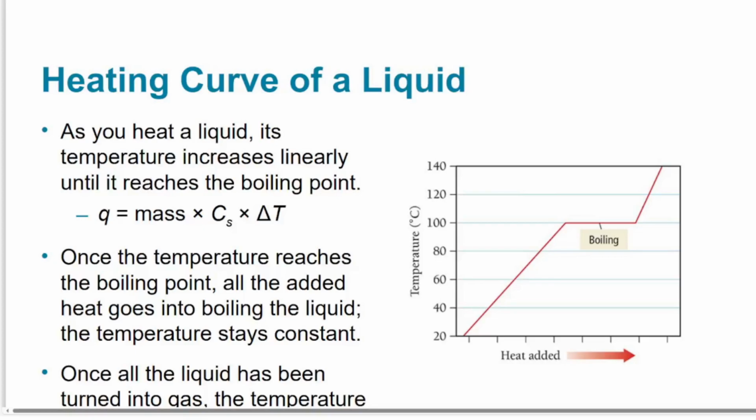Next, we'll discuss heating curves. In this picture, we have the heating curve of a liquid, and we see that as we heat a liquid, as heat is added, the temperature increases linearly until we reach a certain point, and that point is the boiling point. So in this case, we're looking at water, and at atmospheric pressure, when water reaches 100 degrees C,